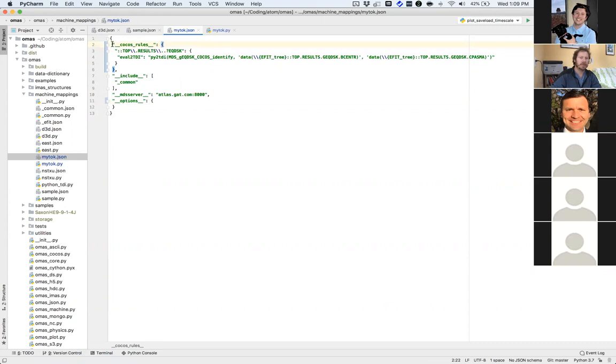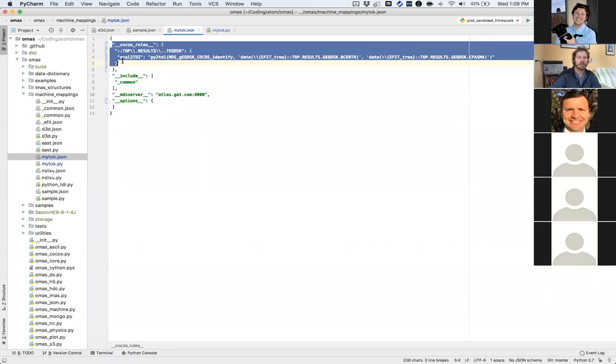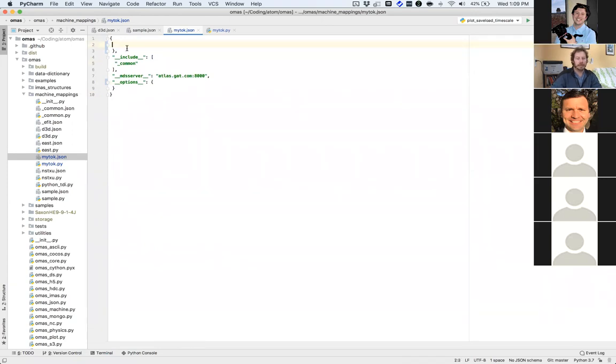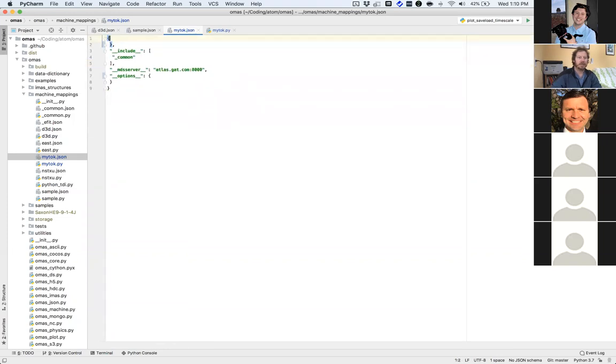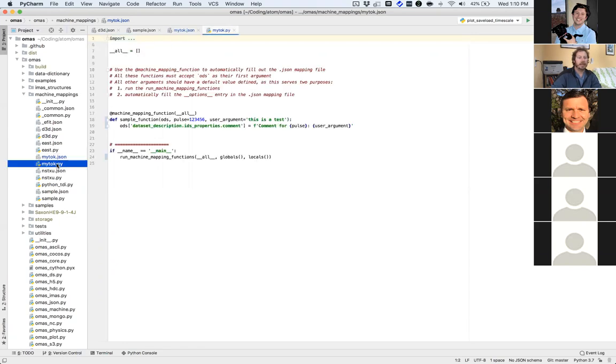I won't go into that right now. So, we could actually hose it. So this is a very extremely stripped down version of this JSON file, basically absolutely minimal. And then if we look at the .py,